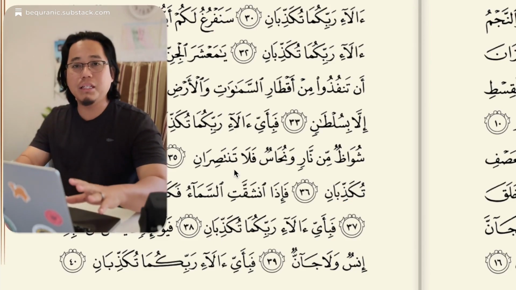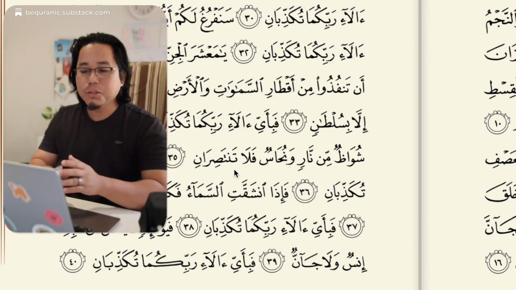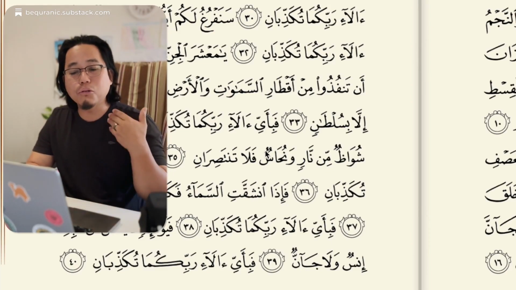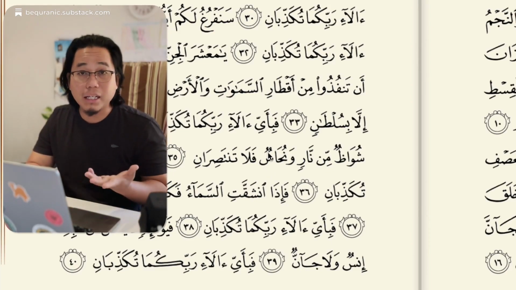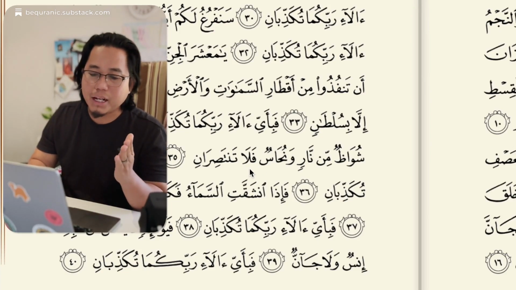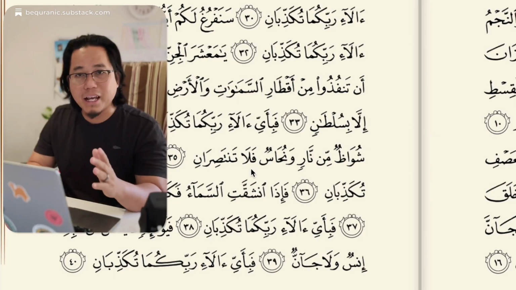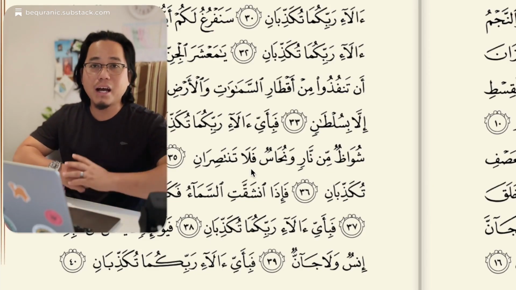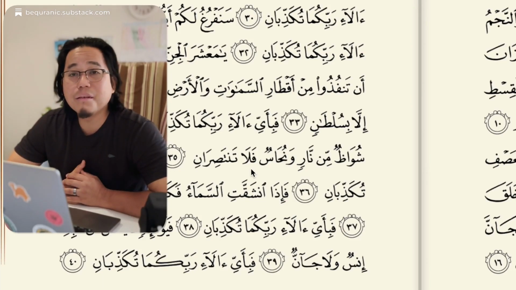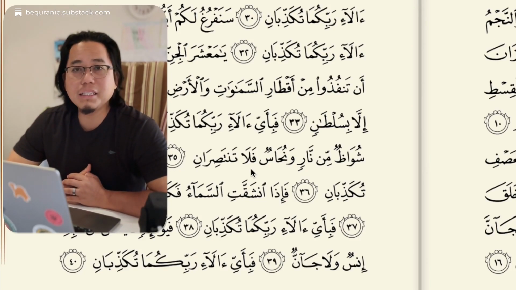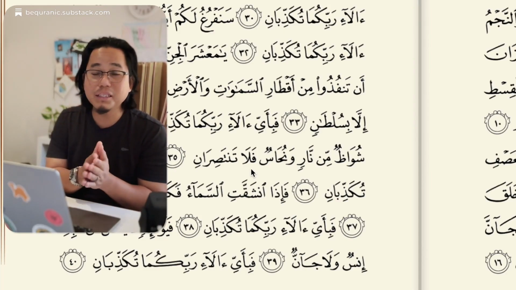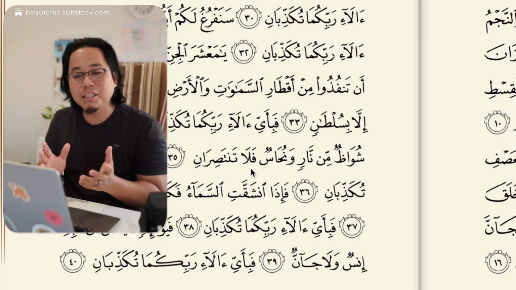If you're using the Medina Mus'haf, it's even easier. You see a 99 dhammatain, as opposed to a 69 dhammatain. You see a 99, you know that it is merging. It's either ikhfa or idgham. If the next letter is not yarmalun, it has to be ikhfa. It's hard to remember all the ikhfa letters because there are 14 of them. But it's easier to just do a process of elimination. It's not idgham, it's ikhfa. It's not yarmalun, it's ikhfa.